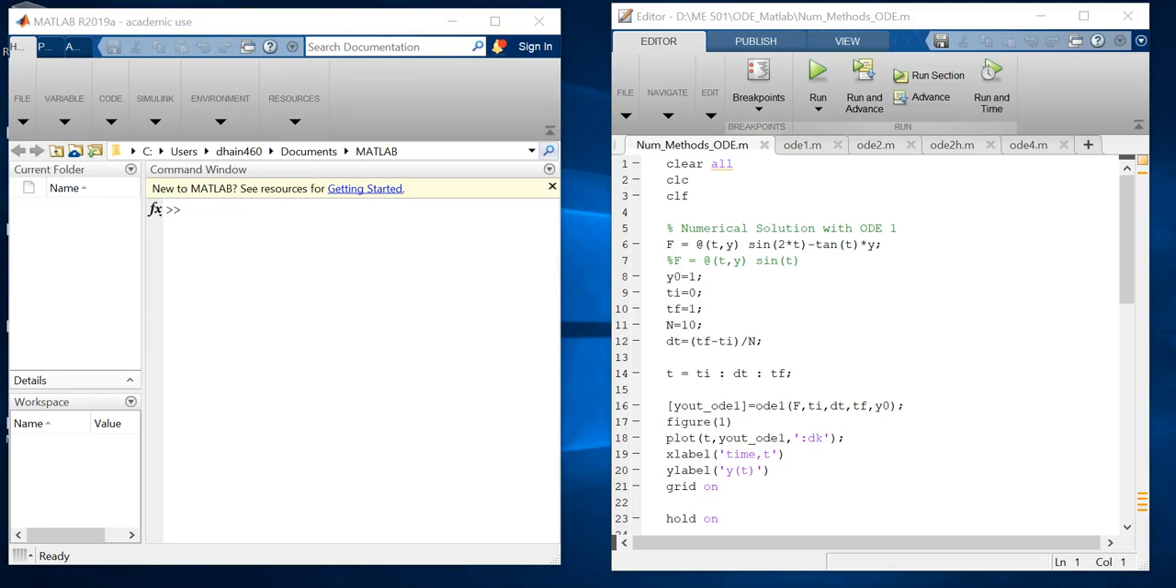Alright guys, so this video is about learning how to use the MATLAB part. Basically, this is the main file. This is the function definition, function f in terms of t and y: sine 2t minus tangent t times y. The initial condition is over here, so we can specify that. Say this is the initial condition,